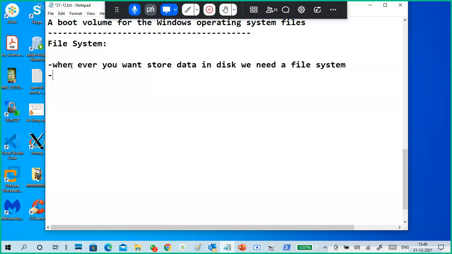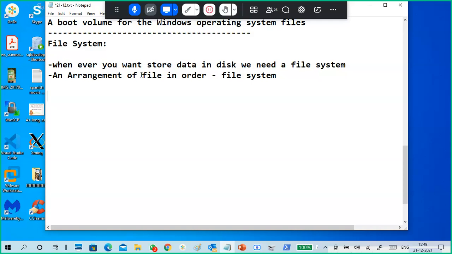Simply, a file system means an arrangement of files in a proper order. That is called a file system.